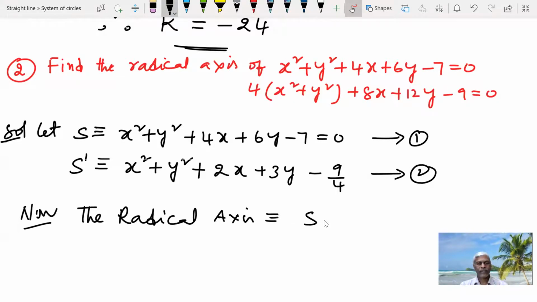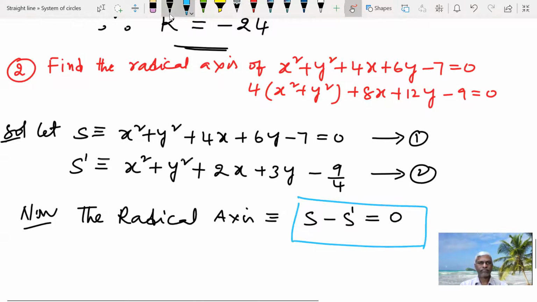is S minus S dash is equal to 0, is the radical axis. So subtracting one from another, that is